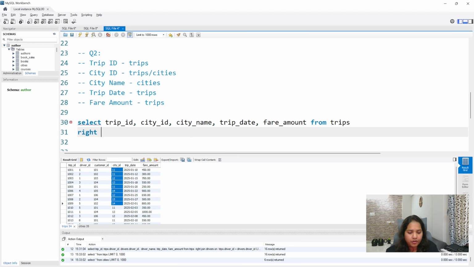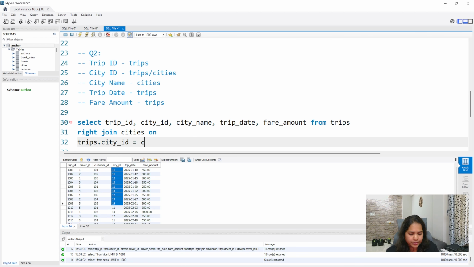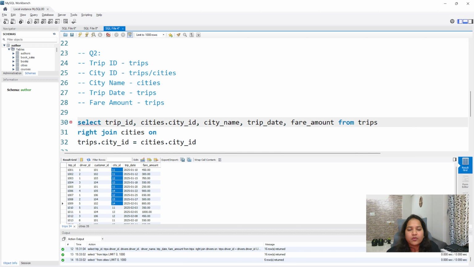And then you are performing a right join with the cities table on what condition? trips.city_id should be equal to cities.city_id. On this condition you have to perform the join. So for this city_id I will give cities dot. Also, every time it is difficult to write the full table name here, here and here, right? In that case you can give an alias. So for the trips table I give the alias as t, which means from now on the trips table is called t. You can give any alias like trp, tr1, anything. I'm giving it as t.